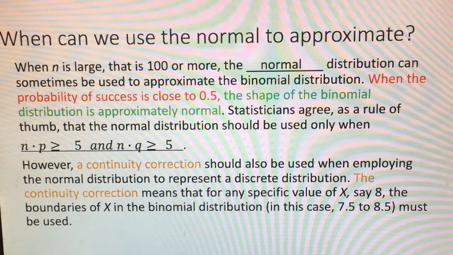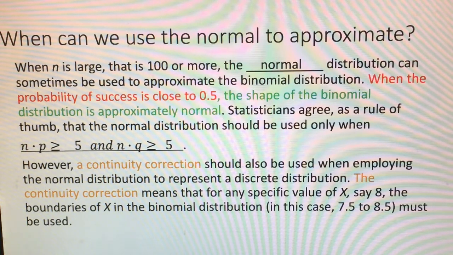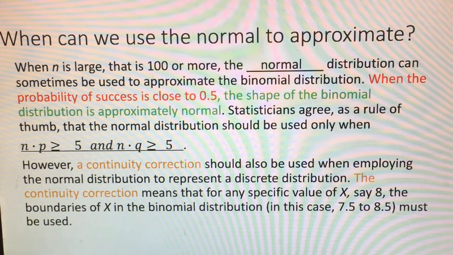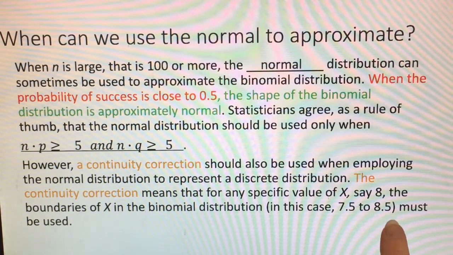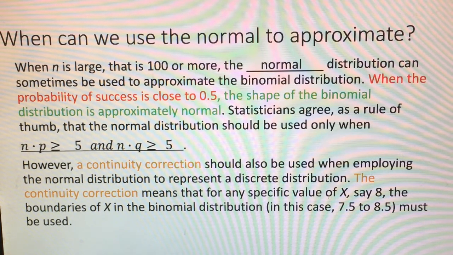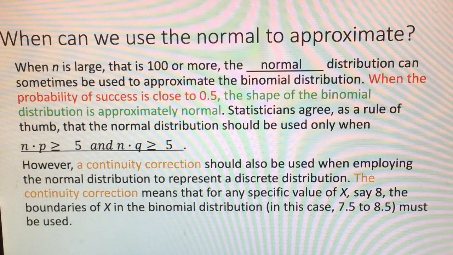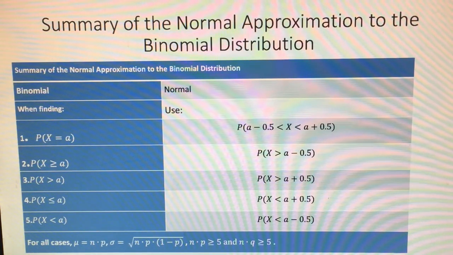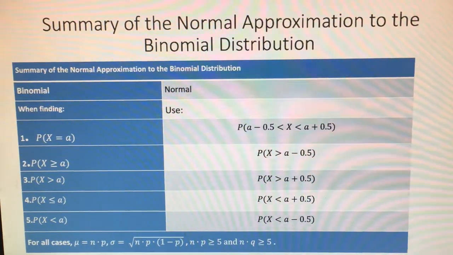So a continuity correction means that for any specific value of x, say 8, the boundaries of x in the binomial distribution, in this case 7.5 to 8.5, so we're going a half on each side of the 8, must be used. So that is just to compensate for the fact that we're trying to estimate a discrete distribution with a normal or a continuous distribution. Okay, so here is a summary of how to do this